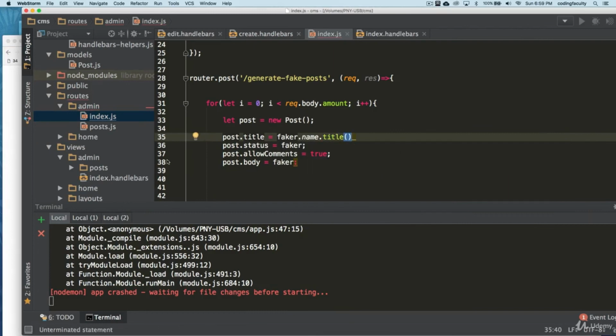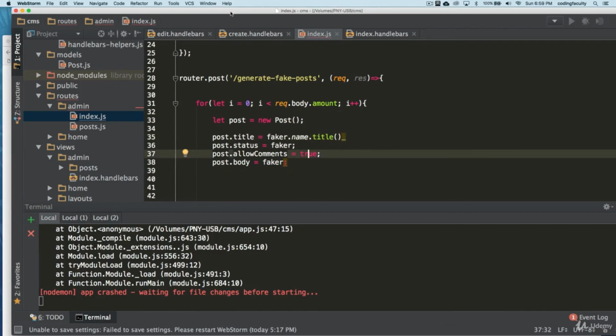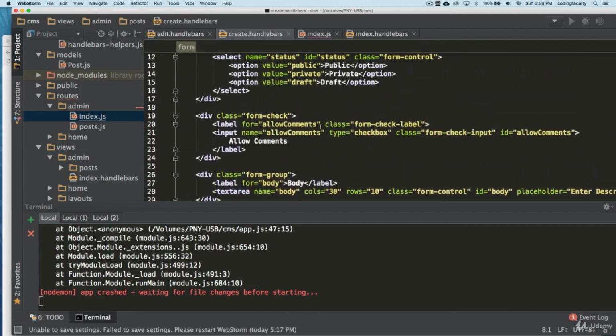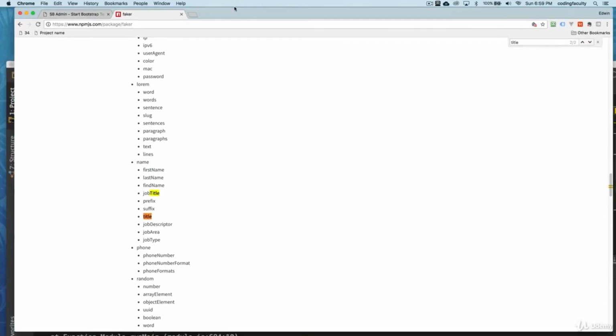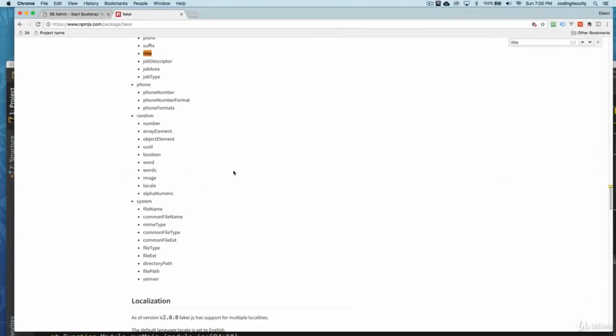Now we need a status, and the status is either going to be public, private, or giraffe, one of these random data. For now we're just going to make them all public. I haven't used that here, to be honest with you.